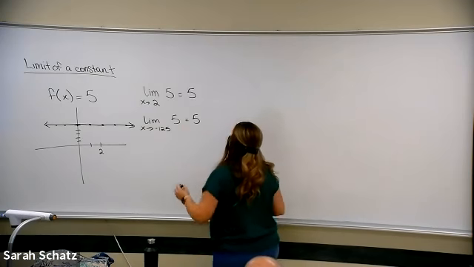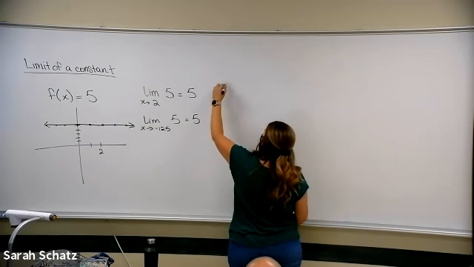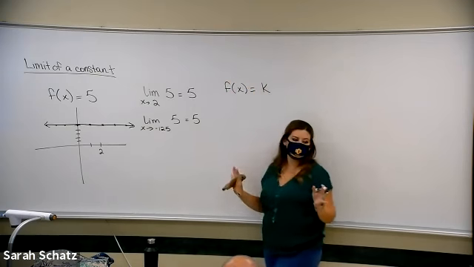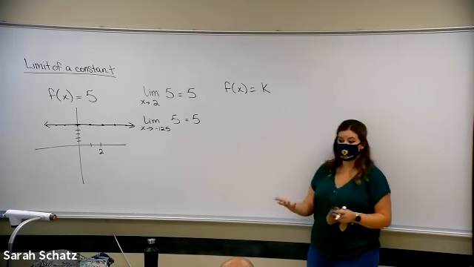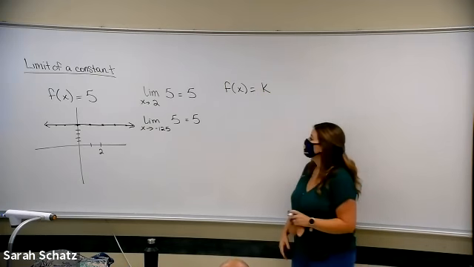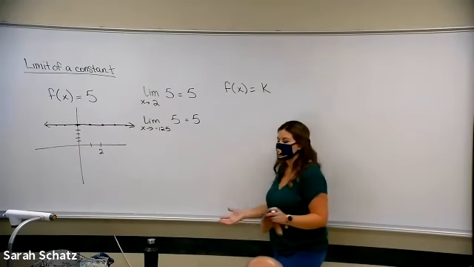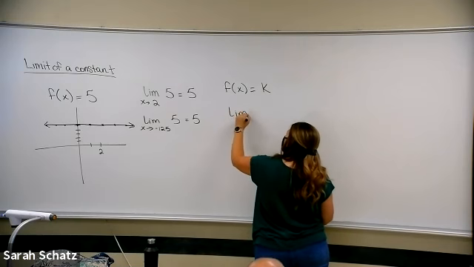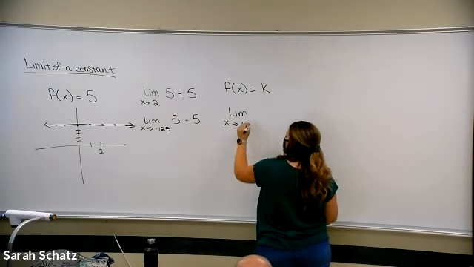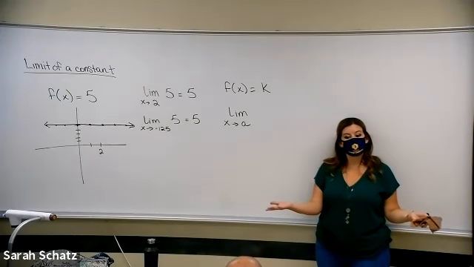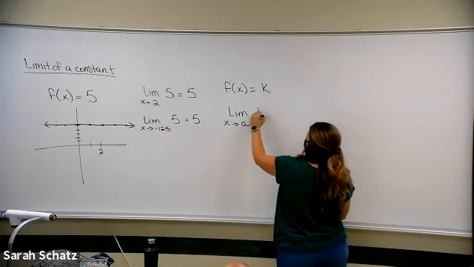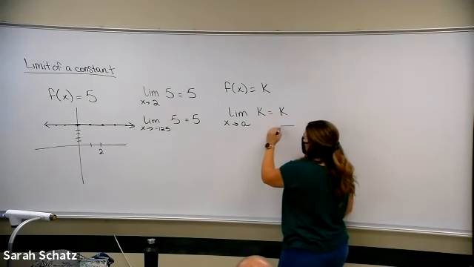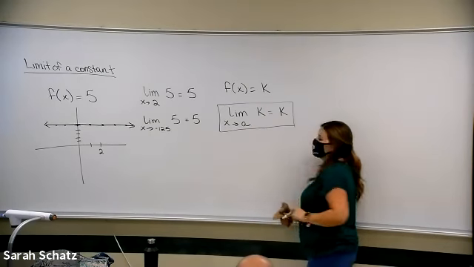So in a more general form, let's say that f of x equals just any number, k. So k is a constant. It could be any number you can think of. Positive, negative, fraction, decimal, it doesn't matter. If your function equals k always, then the limit as x approaches any value, let's call it a. So a is any value you want x to approach. Of this function k, your answer is always going to be k. So this is a general form of writing that property.